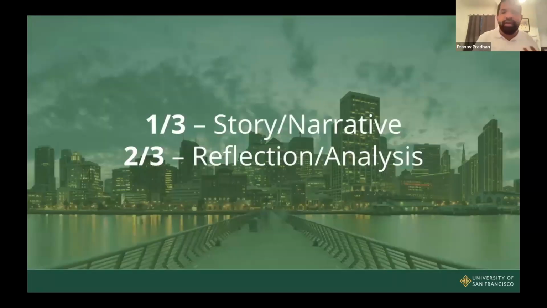So when you are writing it, please remember, once you have chosen the topic of your choice, what we notice is the students just start talking about an event or an activity or an interest and just write about it. So please remember, whether it is 650 words, 500 words, or a longer essay, a third of it should be the story or the narration, and at least two-thirds should be reflection and analysis. So remember this one-third and two-thirds bifurcation, and this will give you a good idea on writing. Don't spend a lot of time on just telling the story. Make sure you're leaving some time for analysis as well.